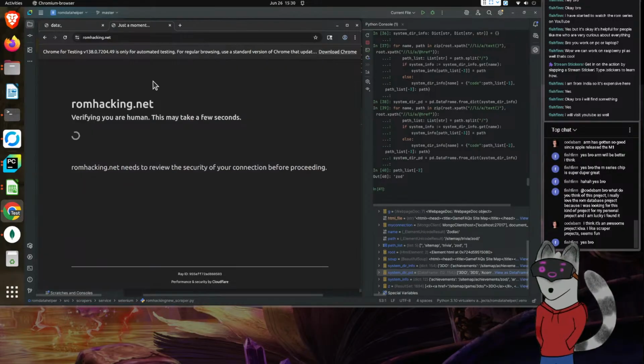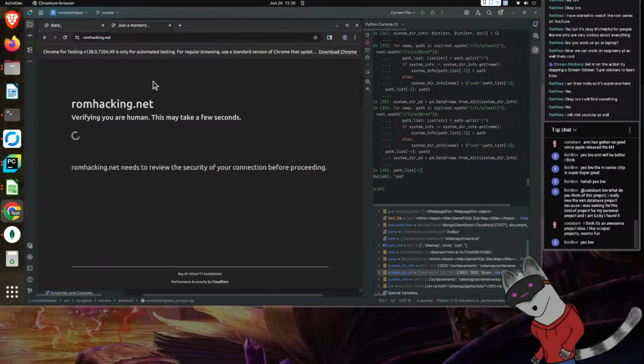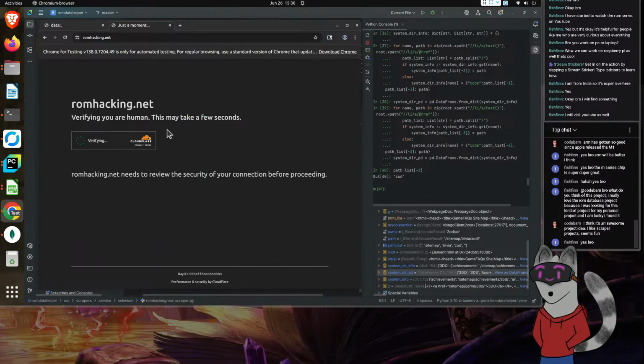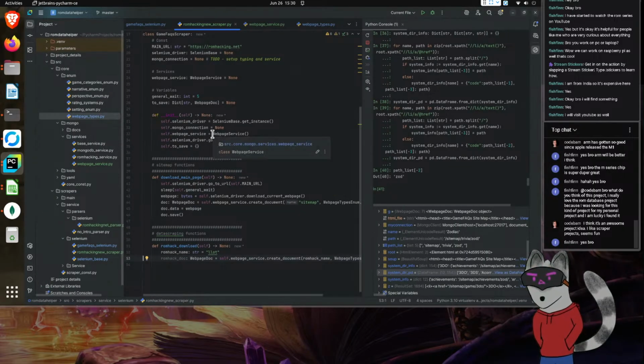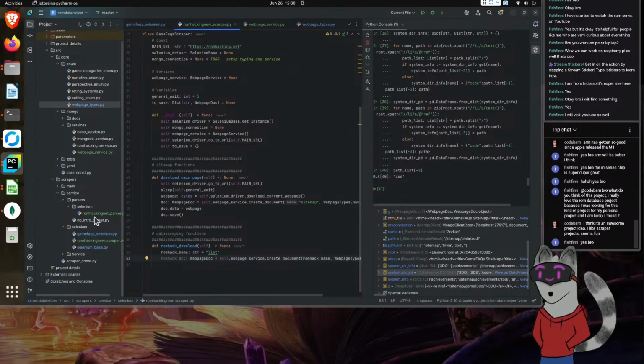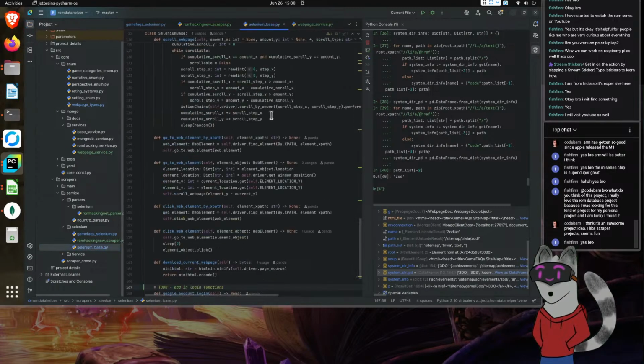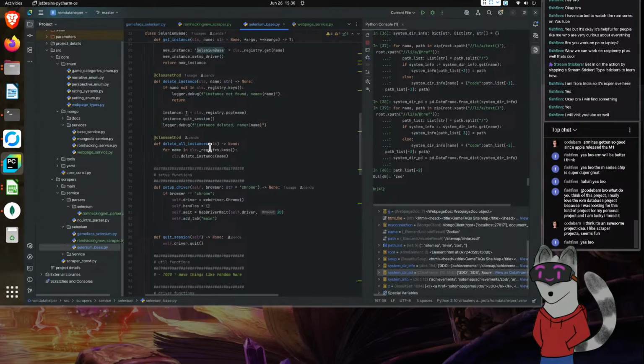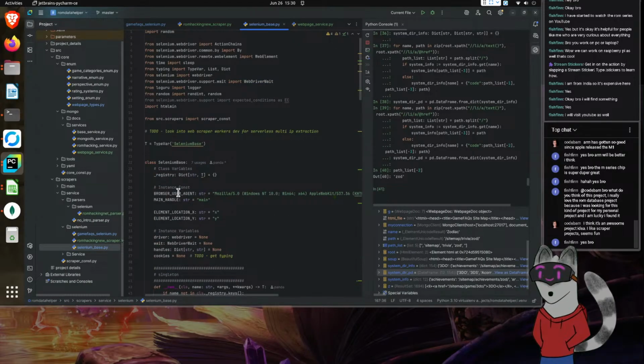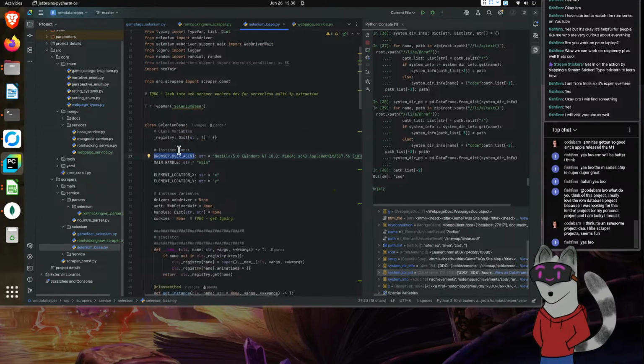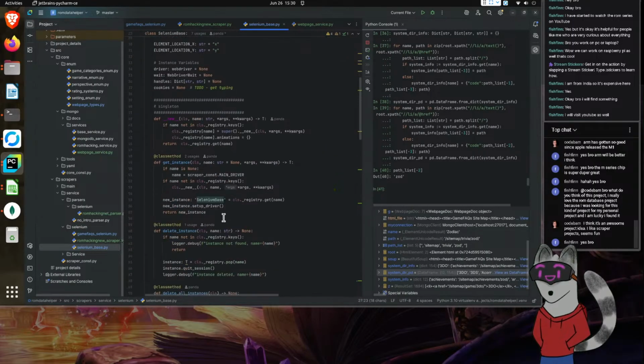Come on. Okay, I think it might be because I forgot to connect the user agent. Yeah, it's not liking it because I don't have the user agent set up. Let's add in the user agent, and let's also add in our cookies. Where are you? Selenium base. All the way up. There's our browser user agent. Now we need to add this in.